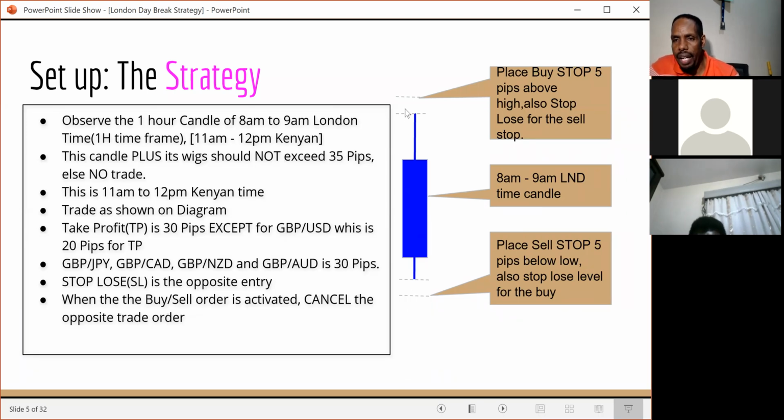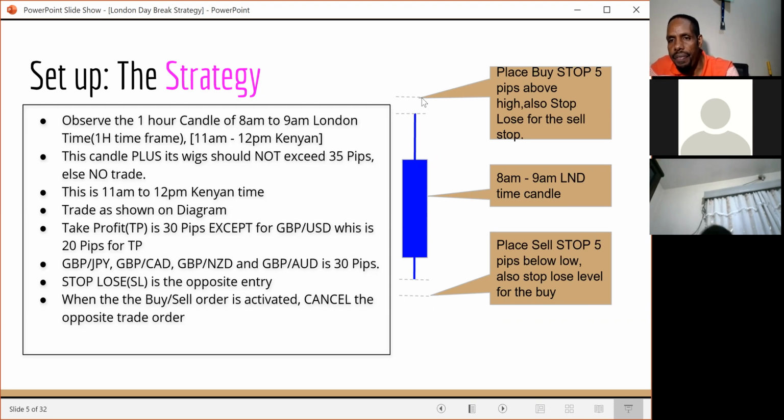So if this particular candle, including its wicks, is more than 35 pips, so you just measure from the top to the bottom. If it is less than 35 pips, then you can enter. If it is more than 35 pips, that will not work for us because that will exceed our stop loss level. Now, so what you do is that you place your trades, you place a buy stop 5